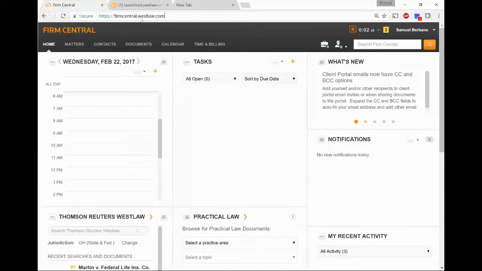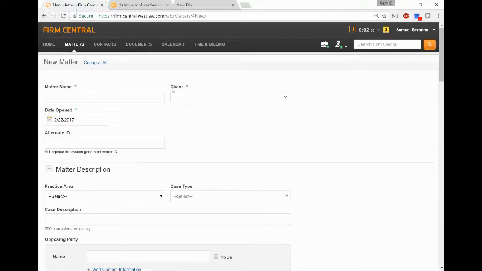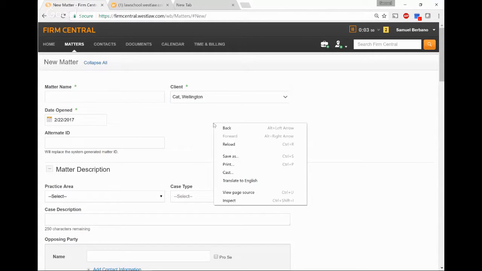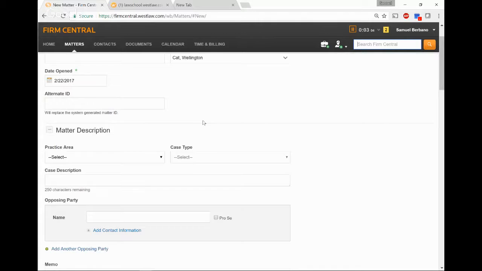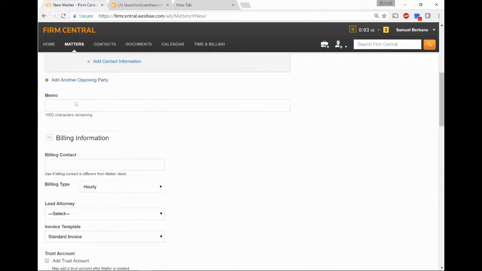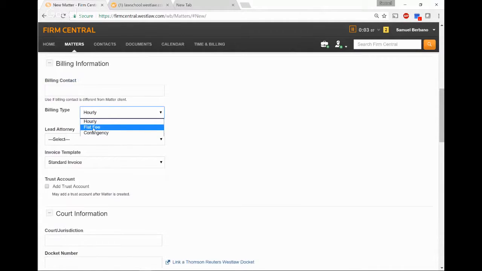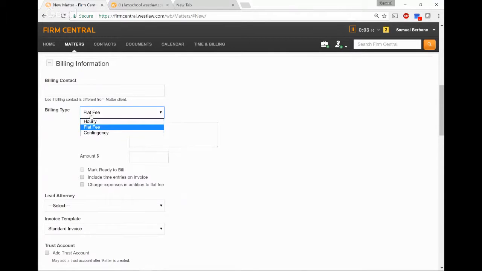Let's pull something up right now. So the website firmcentral.westlaw.com, part of Practice Ready, allows you to create new matters and new clients using these links up here along the top. You'll see that these clients match your client IDs on Westlaw. Again, another way of getting these things to talk to one another. The reason why this is great, and you can fill out some of these other matter information, some of these hourly, flat fee, and other bits of information,